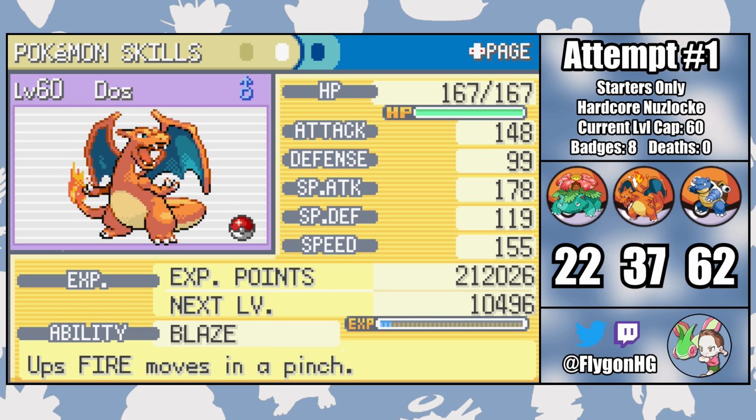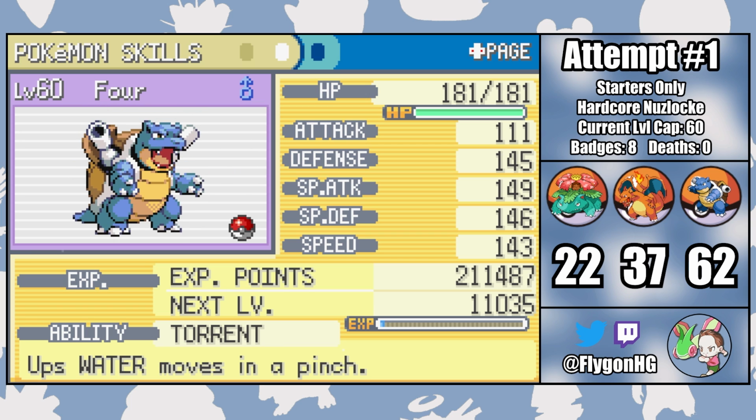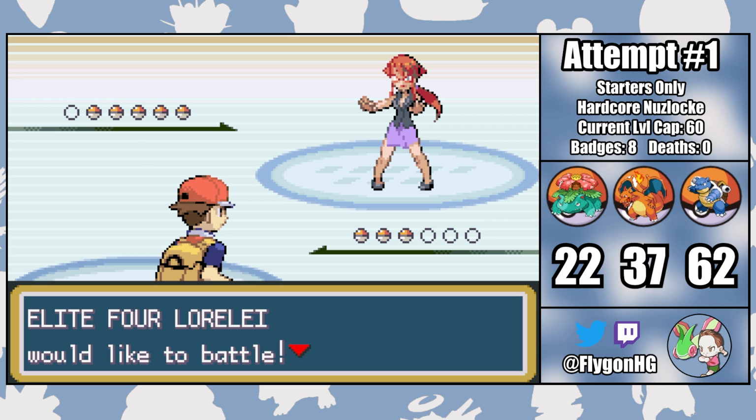So far, we've made it here without any casualties, but will our luck continue to the end of this challenge, or will the Elite Four claim the life of one of our beloved friends? Let's find out. Our first opponent is Lorelei and her ice types, though she's somewhat of a water type specialist